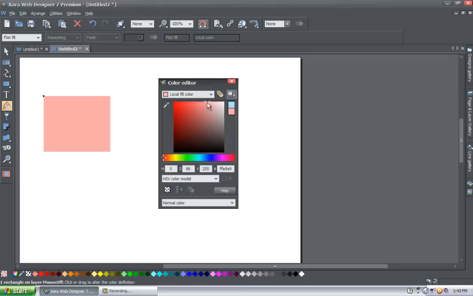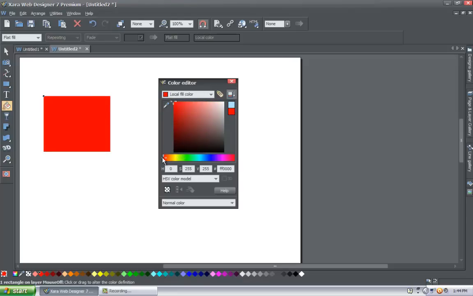So if I drag this crosshair up here to the left, I'll get a stronger red. If I drag it to the right, I'll get a lighter red that's closer to a white value. Now if I drag that downward, it gets darker, or much darker red. If I drag it up, much brighter red. And if I change this color where we have the various range of colors, if I drag it to the right, it gets to a yellow or a green. This is more so finding the color that you want and then adjusting it with the values in the top part. So now that you know how to change the colors around for a quick shape,